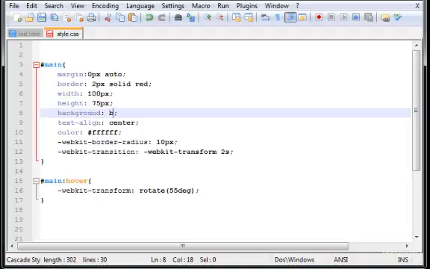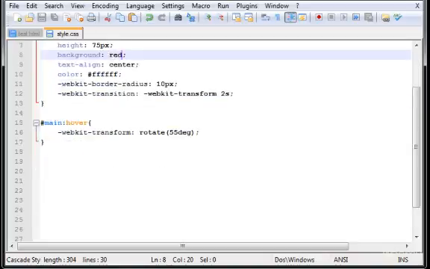Background can be red, and basically that's it. Now down here in the transition, let's change this and give the WebKit transform 2 seconds. Now I'm gonna give some more